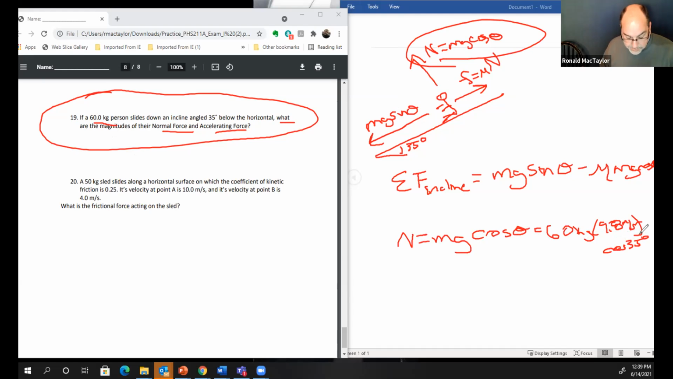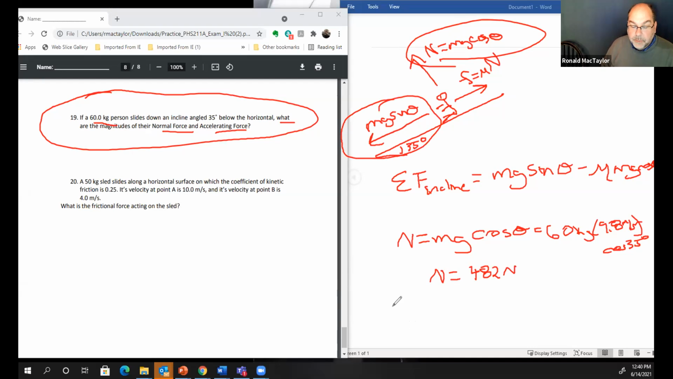Do run these things through your calculator as you're doing the practice exam, just to make sure you get the same numbers that I do, because it's easy to have your calculator in radians instead of degrees, and suddenly you're getting different answers and you don't know why. You want to make sure you're getting the right answer. So the normal force here is 482 newtons,